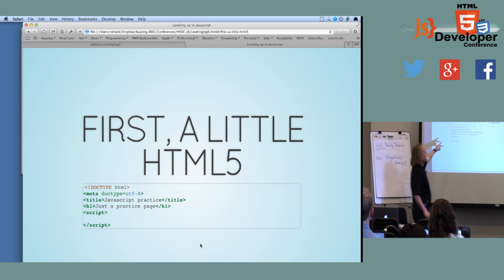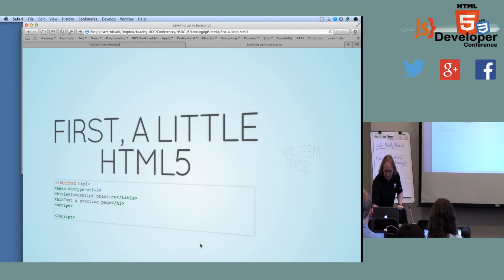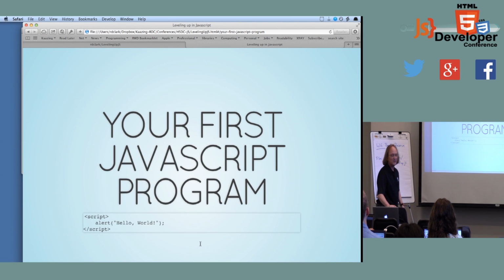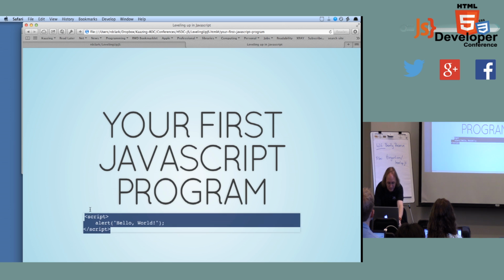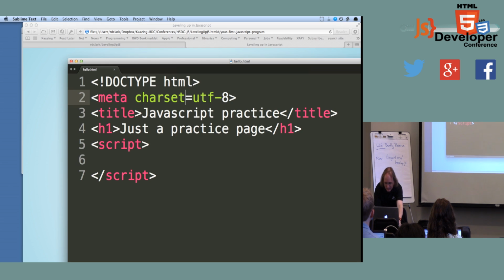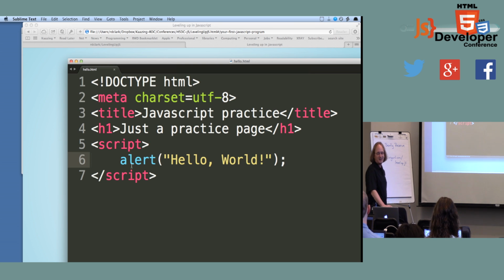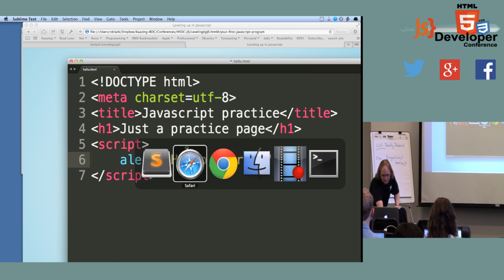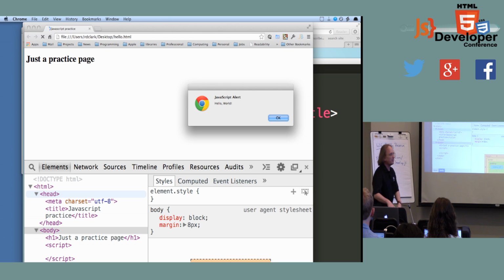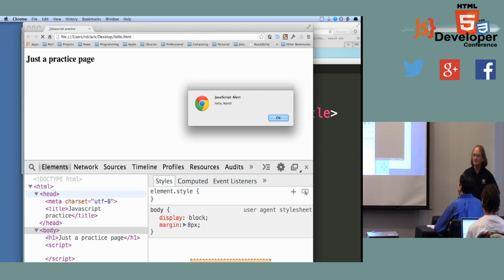And there's a script area down here at the bottom. Again, I'm assuming that some folks are novices. So we're going to create a script tag. Now we're going to write our first JavaScript. And of course, the first program that every developer writes is hello world. So if I take here, and again, you are welcome to follow along on your own machine, if I say alert hello world right there, and I run the page, it pops up and says, hello world. That's kind of the first program that everybody writes.